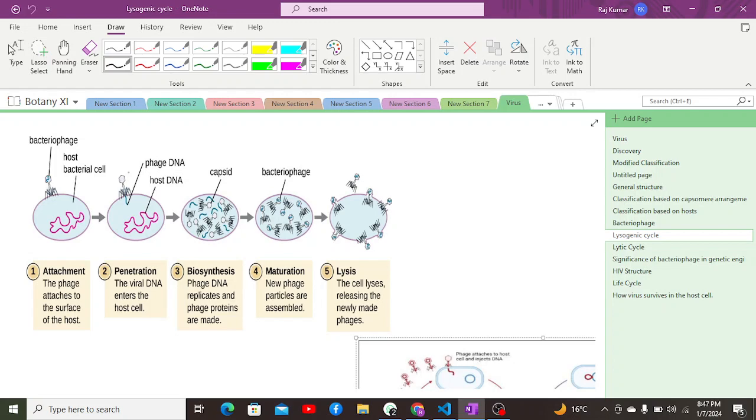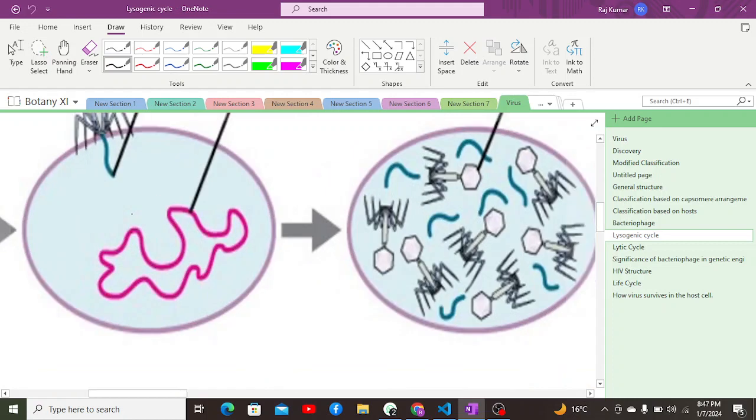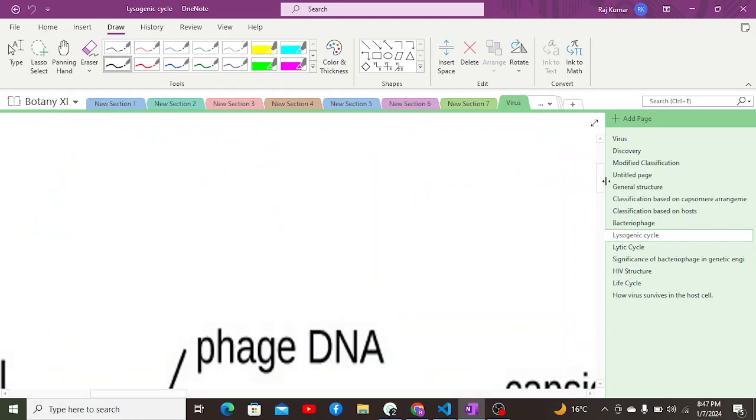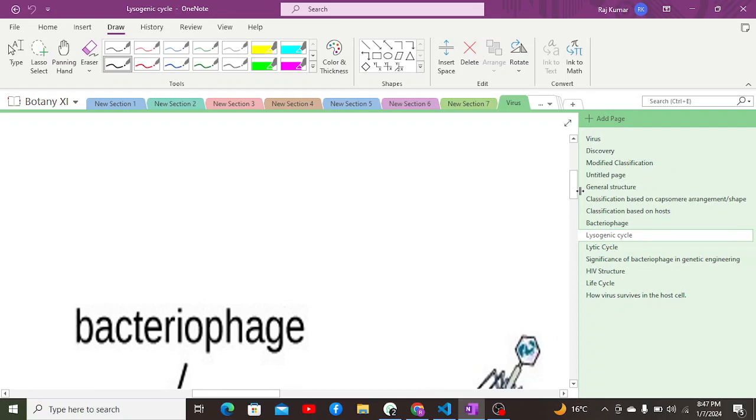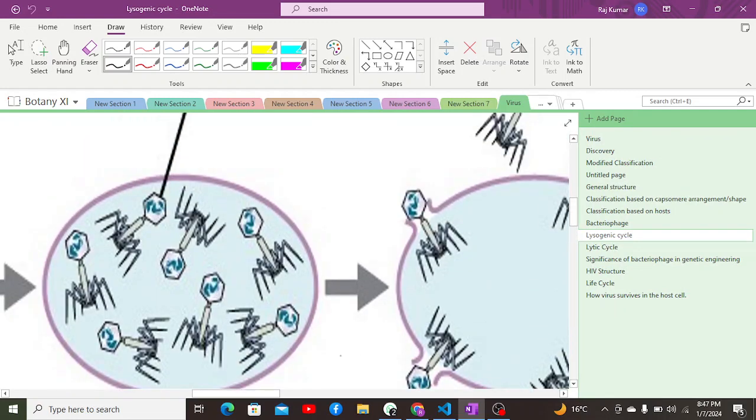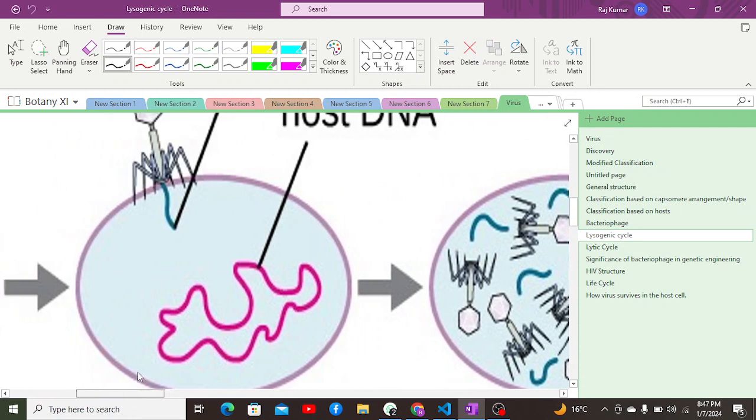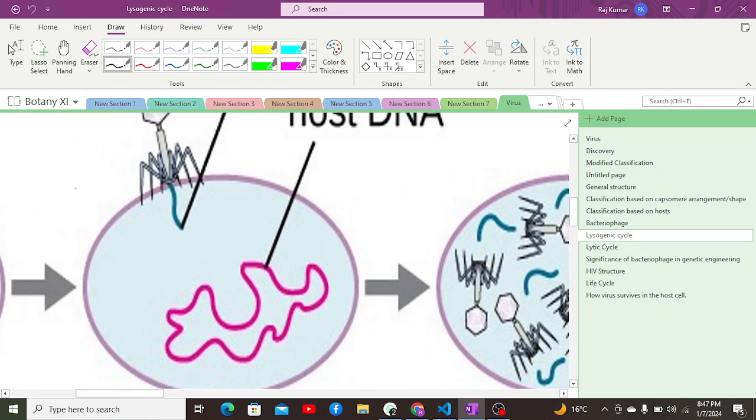cytoplasm. Let's suppose this is a bacteriophage, and here I'm just drawing another bacteriophage. It's a bit irregular, but you can better understand it. As the bacteriophage attacks, it first contracts its contractile sheath, as a result of which the hollow tube comes downwards and comes in contact,